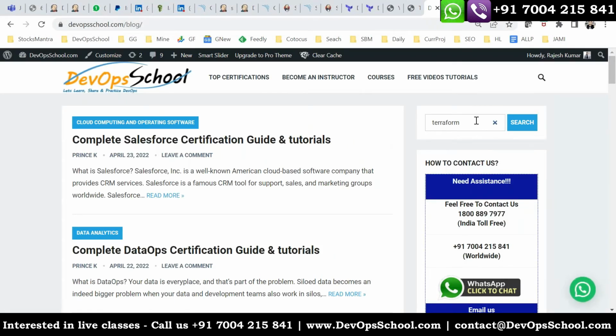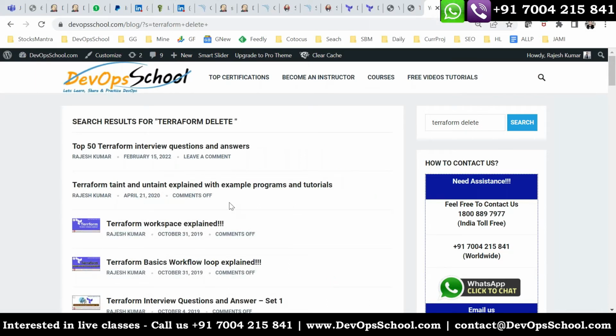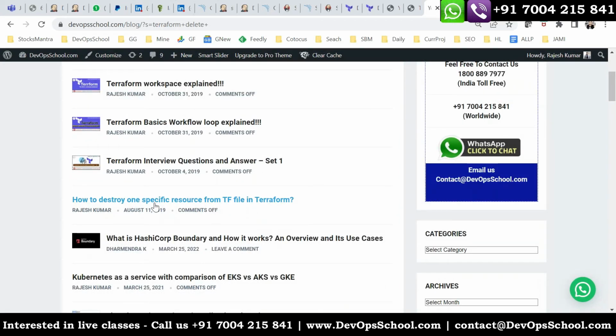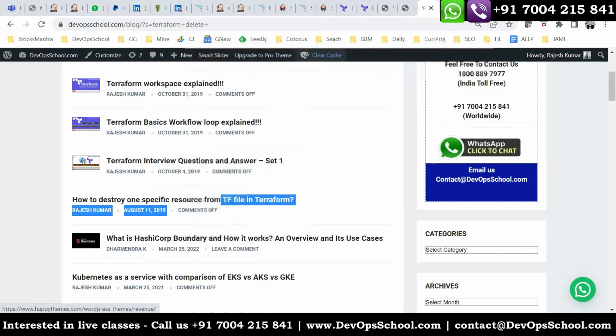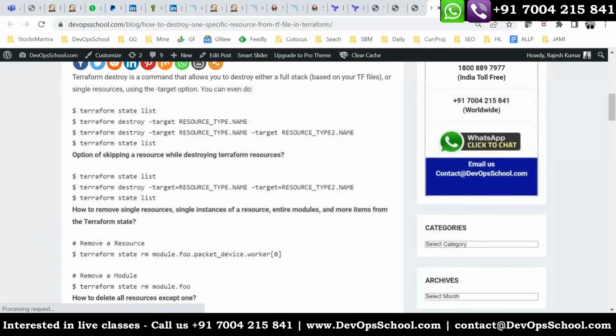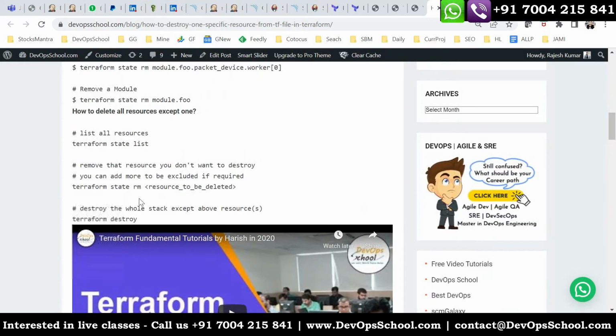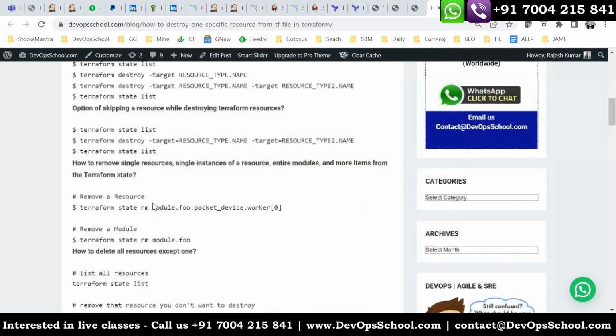Terraform delete, and questions were... so you can do that also, but you have to pass the parameters. So how can you do that? Just a second. Like this, you can specify the module name and resource name, or like this. See here, this is the better one. Module I have not covered, so I'm not discussing it, but this is the one. Got it? Okay. So you can do that also.